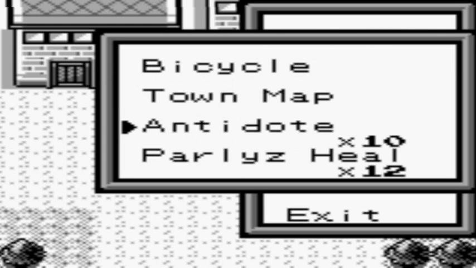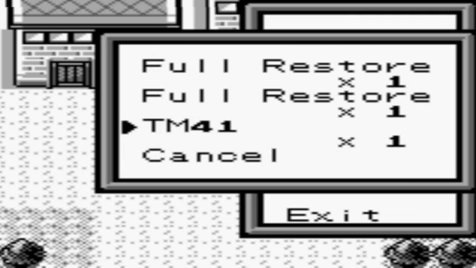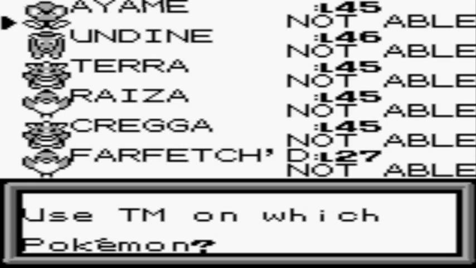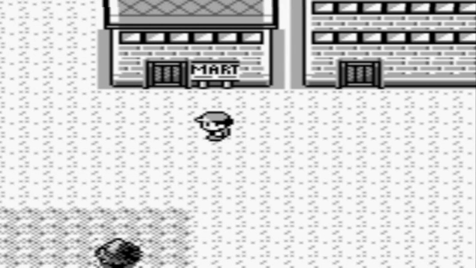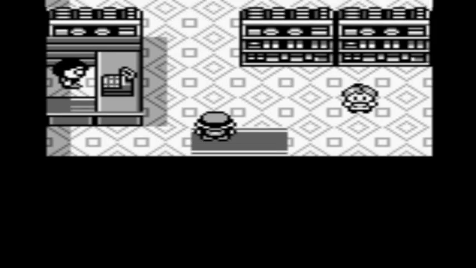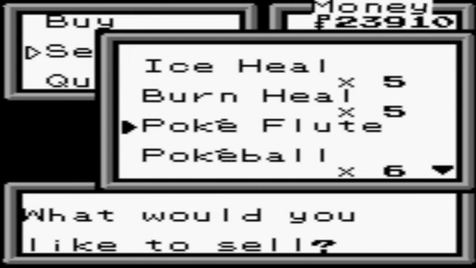Oh yeah, I remember what else I wanted to do. Sorry about that. Yeah, I got TM41, Woodhammer. I'm wondering if it can learn it. No, it can't, so I'll probably sell that off screen. I'm sure I can sell that now, I guess. I was sort of hoping I could learn Woodhammer, but whatever. I can't, so...